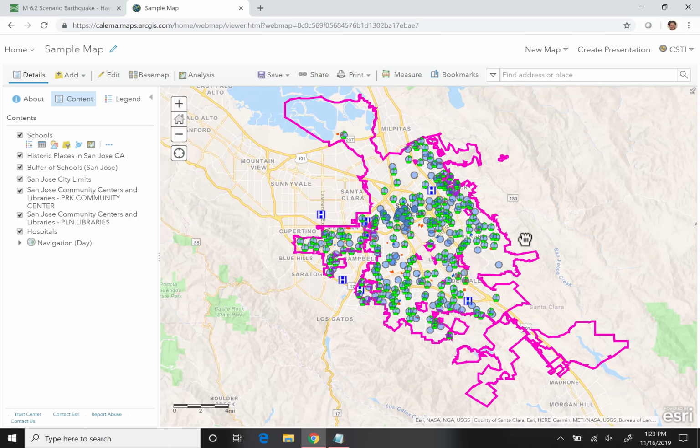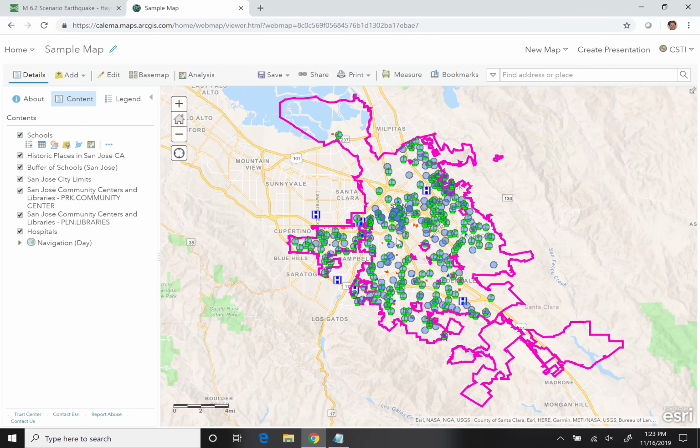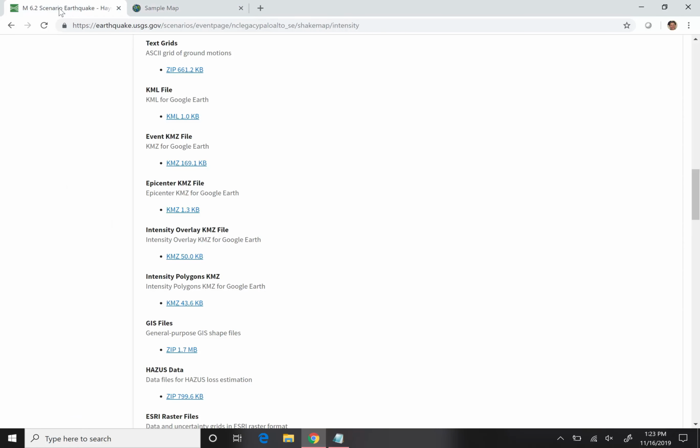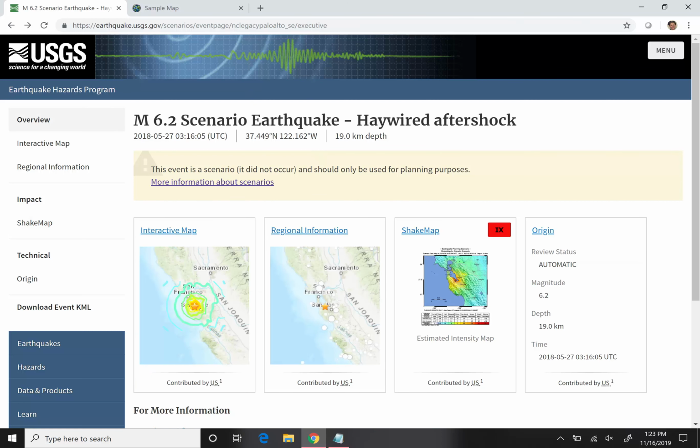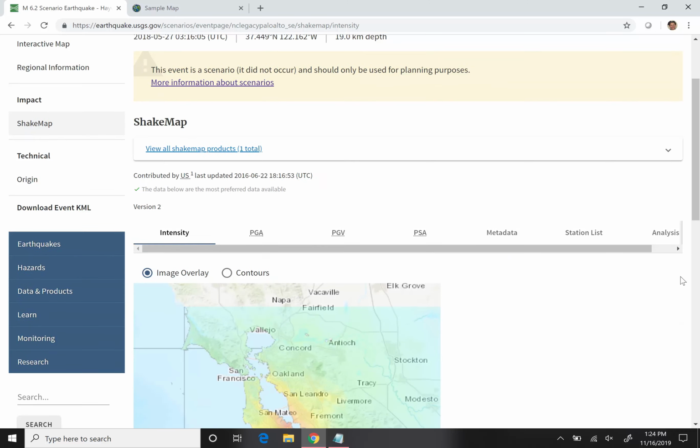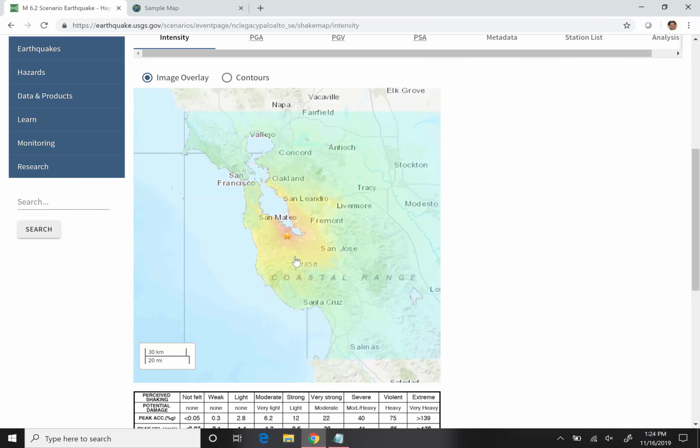I'm going to take an example here of maybe we've been asked to design an earthquake scenario. Earthquakes are pretty easy because the United States Geological Survey already does a lot of data in GIS or KMZ format, and we can use that in these maps. If you're on the USGS website here, I've already found a shaking scenario, this HayWired shaking scenario. You can go to the shake scenario catalog, look them up, see about where they are just from the pictures. But if you click on these shake map links here, they